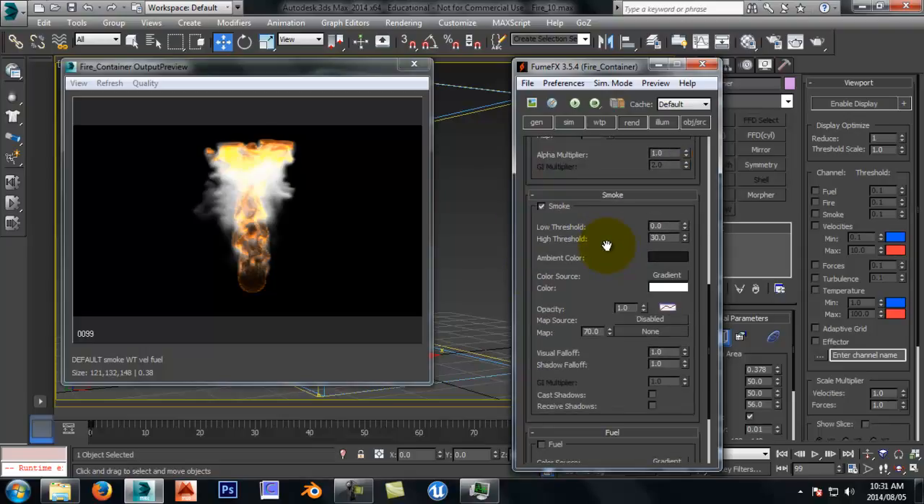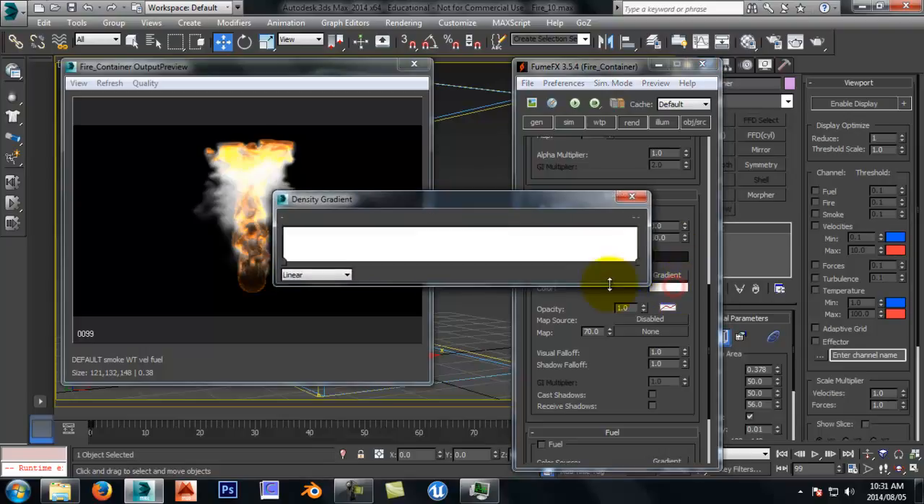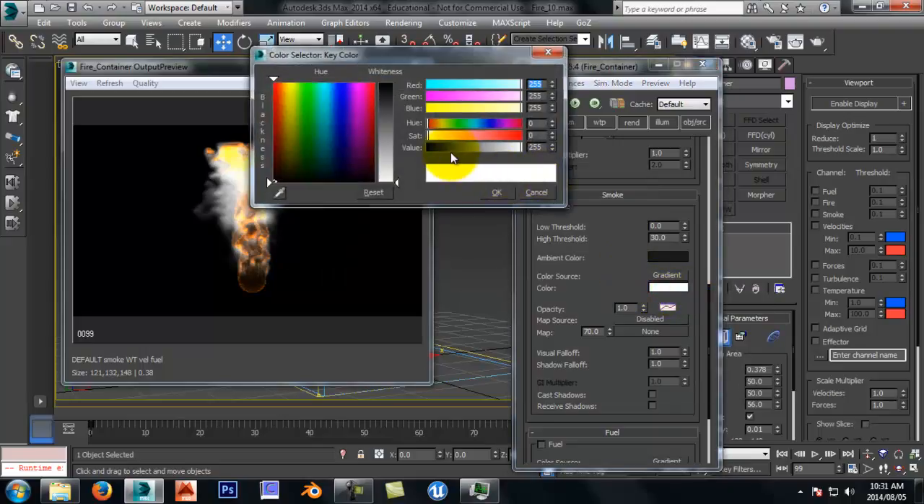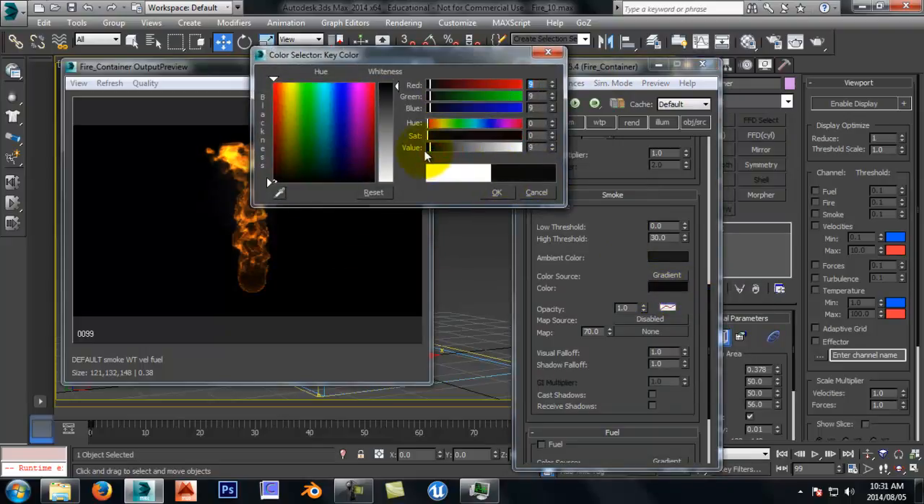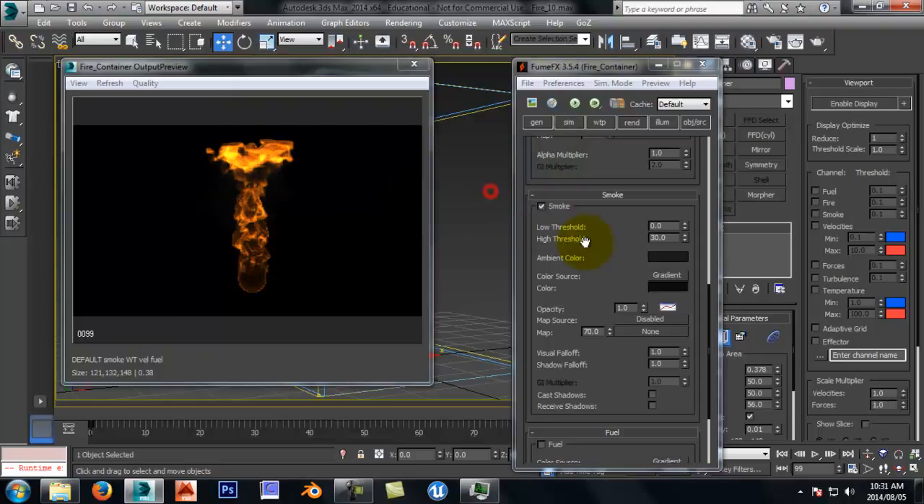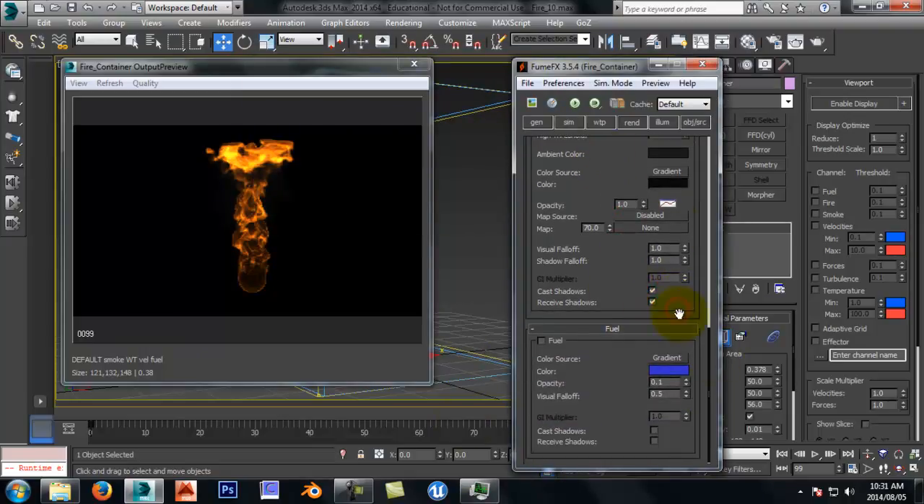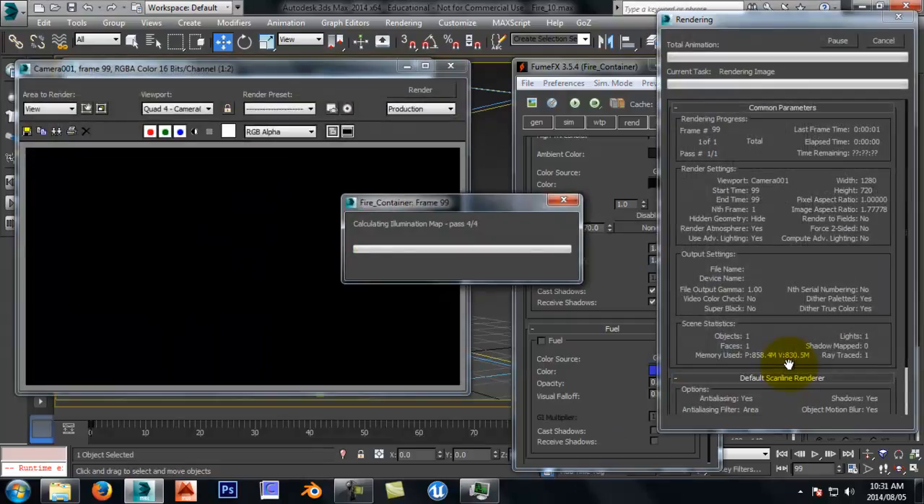Okay, now you go to smoke. By default, please, I don't use a gradient for my smoke. I just right click and say key mode off and switch it to a nice dark color. You can see it's already updating the dark color in the view in the window. I want it to cast and receive shadows, and I'm going to leave the fuel off because I don't need it to have the fuel on. Okay, because I'm not doing, let's say, a candle or a lighter where you need to see the blue on it. Now we're going to do a quick, simple test render, see what it looks like,